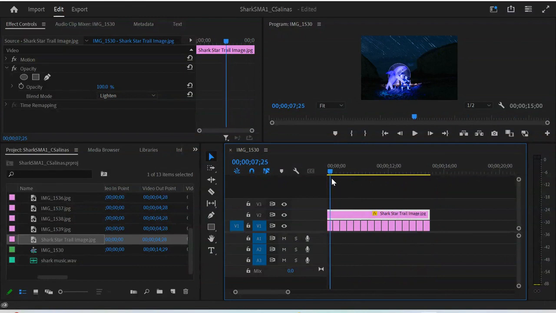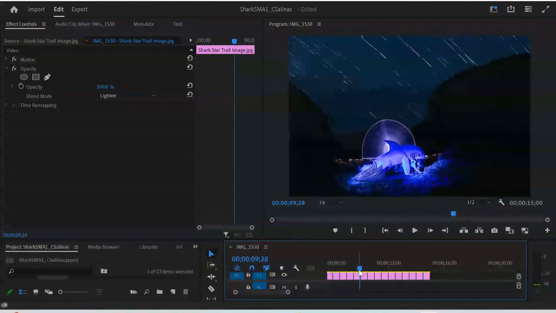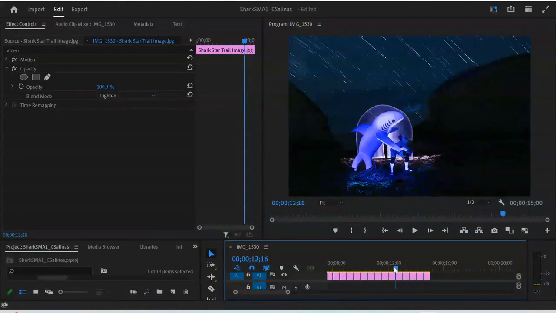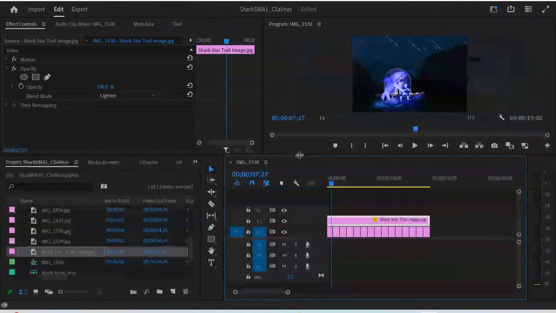We can add our star trail now above that image, and let's see how that looks. Bring this down, and there is our single star trail image right there above. Perfect. And now what we're going to do is move